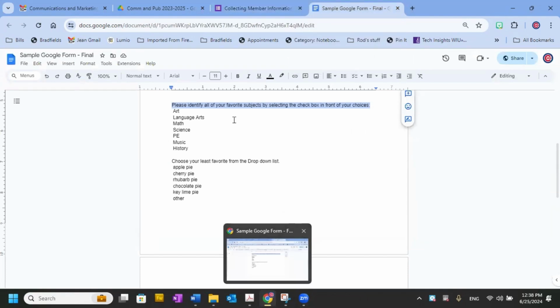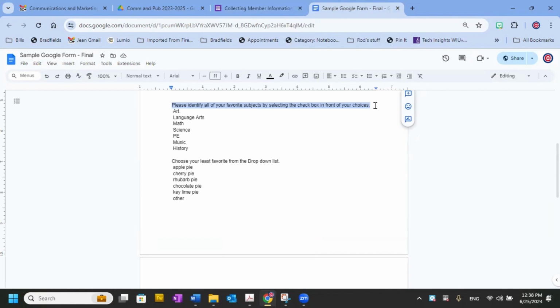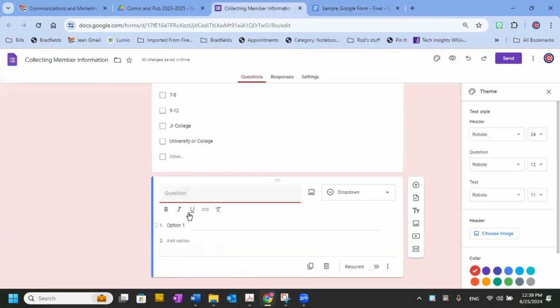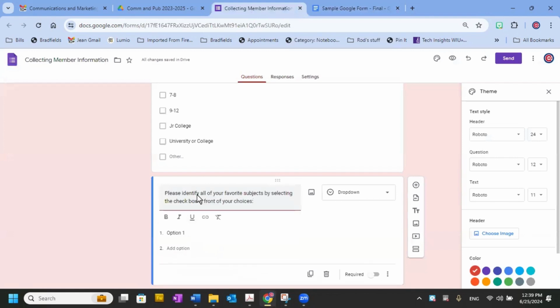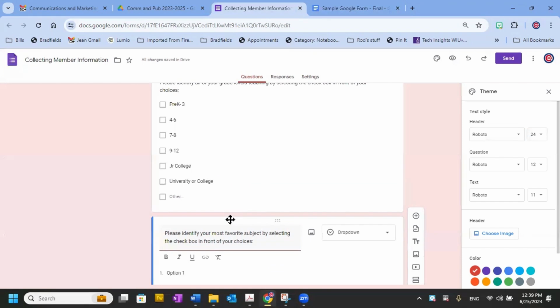Now let's do this. Please identify your most favorite. So we'll do this one again. So we'll do it in a drop down. Please identify your most favorite subject by selecting the checkbox in front of your choices. Probably not something you would